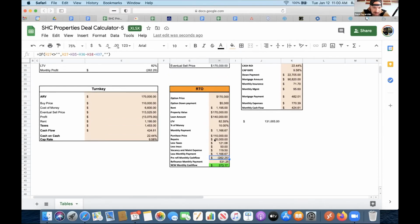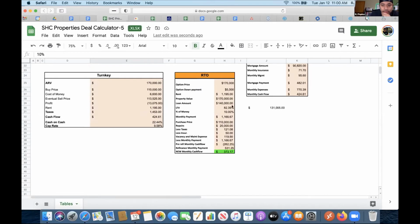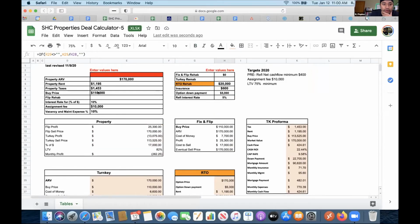That's like with the private money rate of what, 10, 12%? Yeah, 10%. Loan to value is about 82%. So let's see if we can mess with these numbers. There you go. Exactly. So not every deal you can really pay yourself on. Well, 50,000 would be nice, but